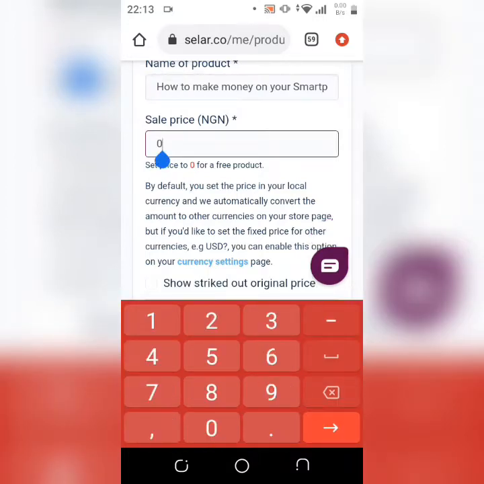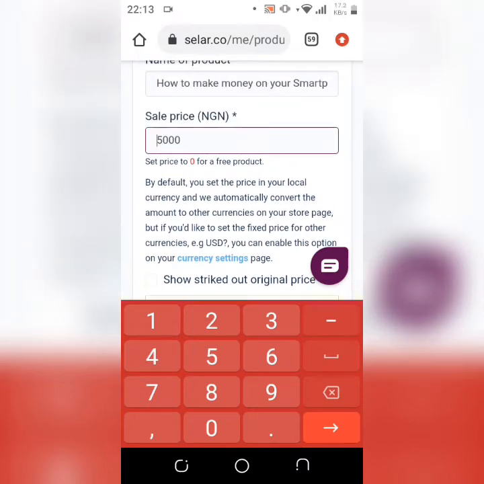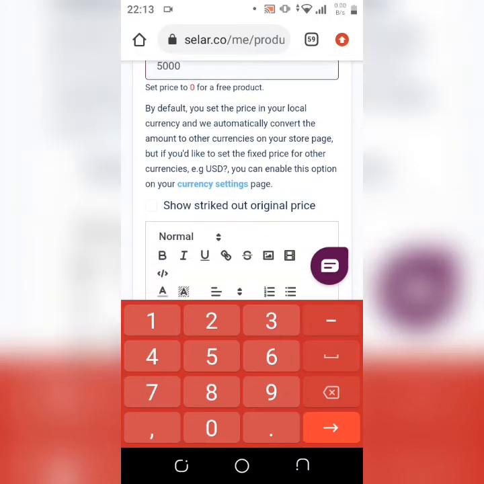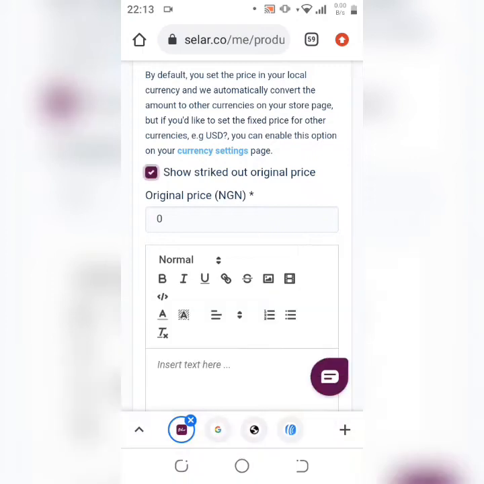So you're going to input the price for your digital content, for your ebooks. For me, let's just say 5,000. Okay, so you're going to fix whatever price you want to sell your product. Now here, this point says, show strike out original price. Now, for instance, if you are selling